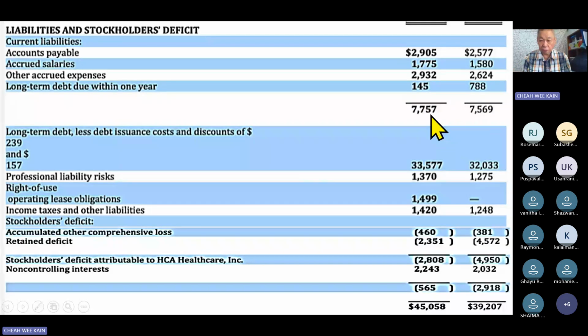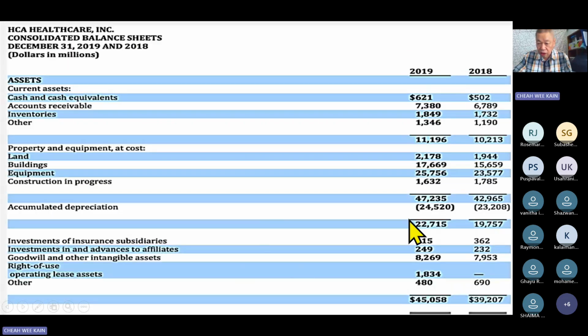Now the next one, why is people owing you increasing? You're having more sales and you never collect the money. That may be one. Or maybe your company has something wrong, never chases money that is owed to you by your customer. Either way, why is it increasing? So it's not so good. See, cash is increasing by 120, but what people owe you is increasing by maybe 600. So it's not a good thing. So that's how we look at it.